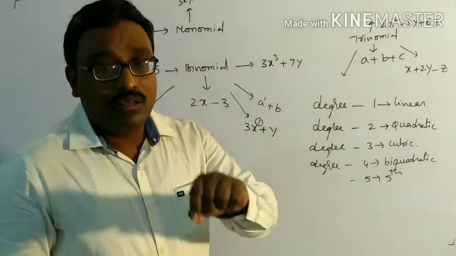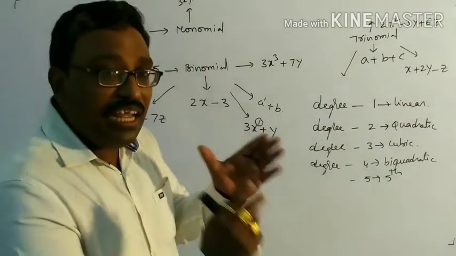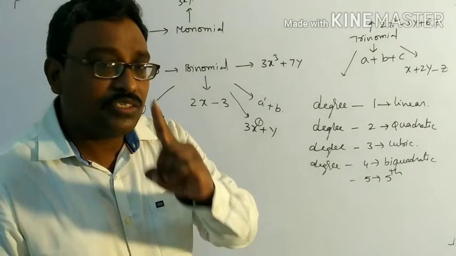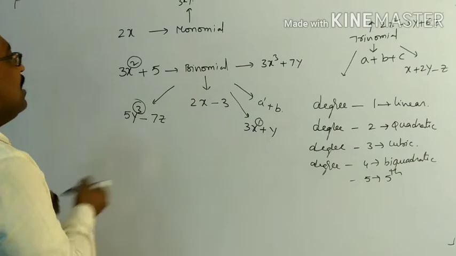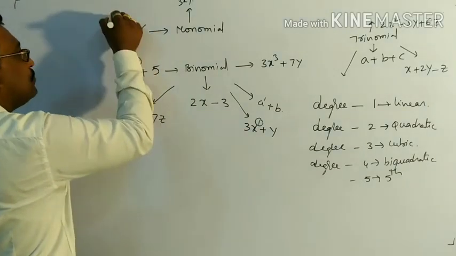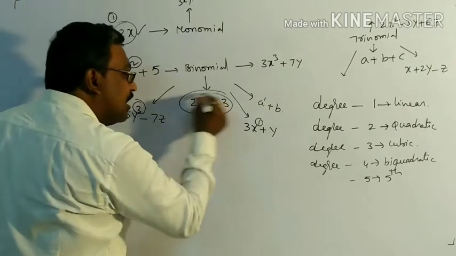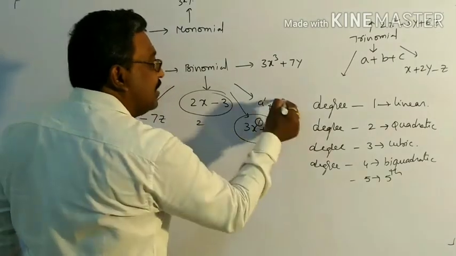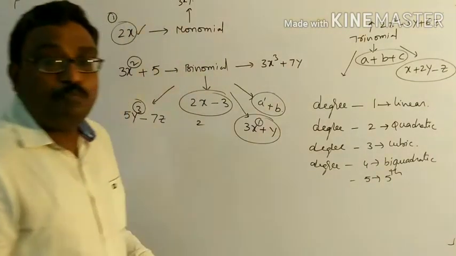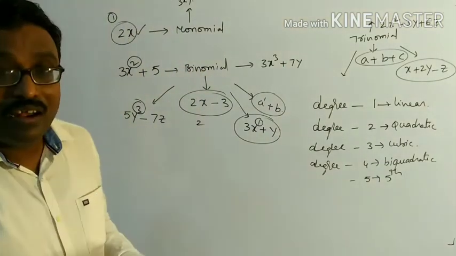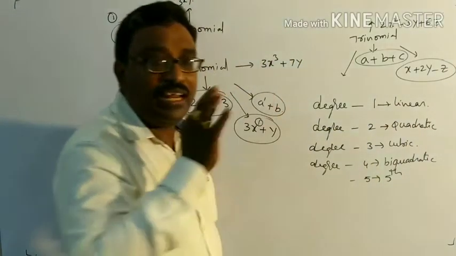So, now our heading is linear. Okay, linear means degree is 1. Here, among these examples, what is linear? Yes, this is linear. Here it is not linear, this is cubic, this is quadratic. This is linear, this is linear, this is linear, and this is also linear. If power is 1, then this is called linear. If degree is 1, then it is called linear.